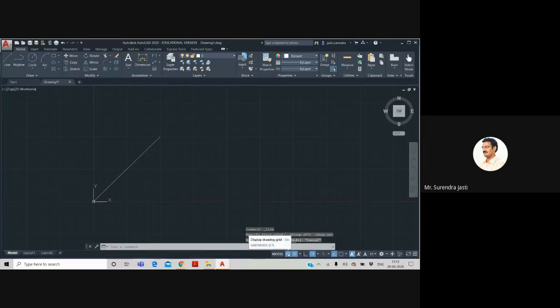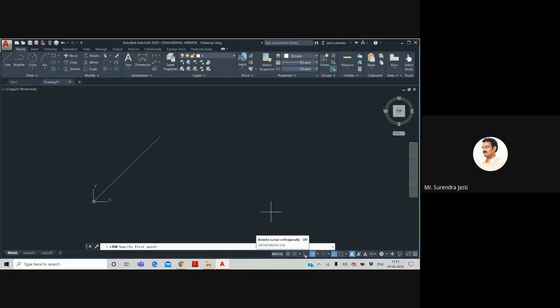grid and snap commands. So if you switch off this, you don't see any grid. If you switch off the snap command, the cursor moves smoothly with the accuracy of 3 to 4 decimal points. 4 decimal points here. And so first let me complete this toggle switches advantage and then move on to the original drawing. And the next one is